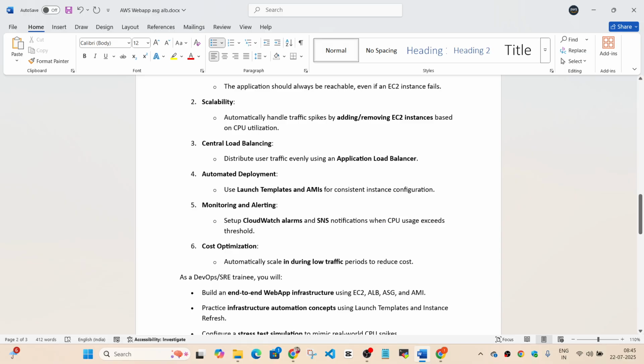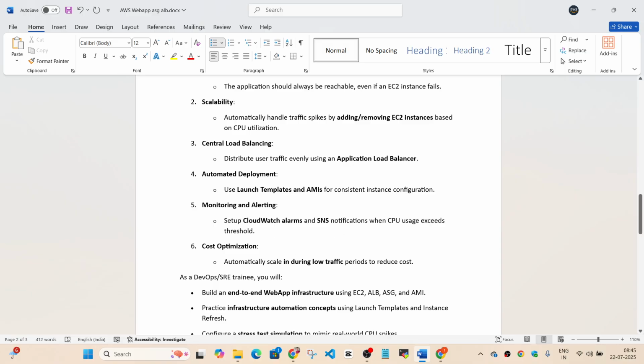Then automate the deployment. We will use a launch template, and we're going to use our custom AMI that will have all the configuration of the web server already there. Because when EC2 instances are created as part of the auto scaling group event, it's going to use that AMI to have the same configuration on all the EC2 instances. So we have to create one AMI that has all the configuration that we need with all of our EC2 instances that will be created by the auto scaling group.